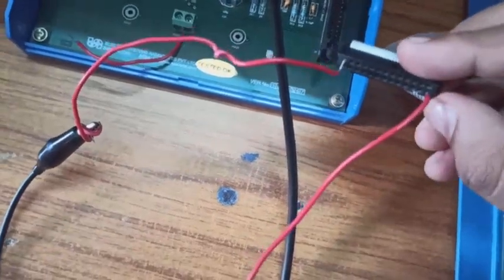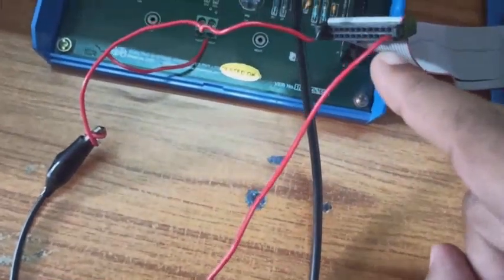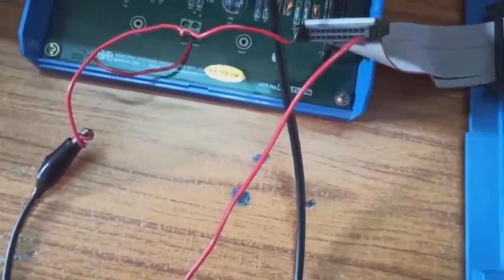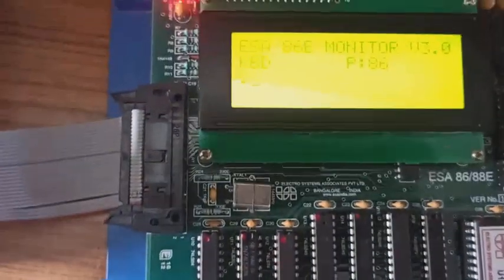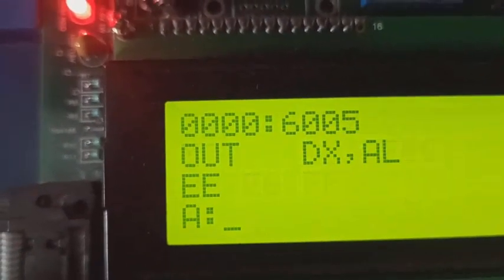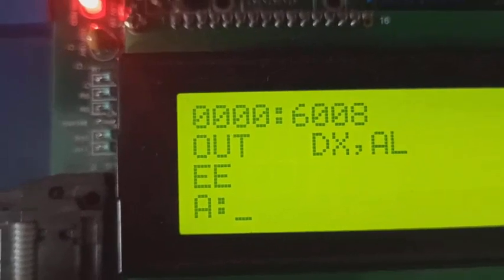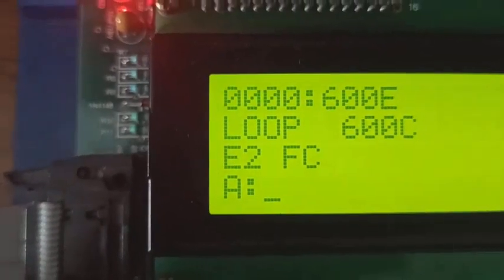So we are setting or resetting this one, and this ground pin is connected. So this is PC4. For this PC4 pin we are setting or resetting using this program. I have given the program at 6000H. This is the program I have used for PC4. For PC4 set or reset you can go for 09 and 08.